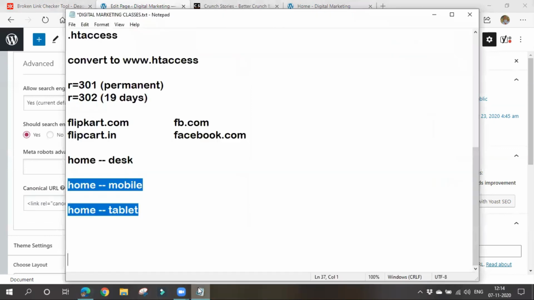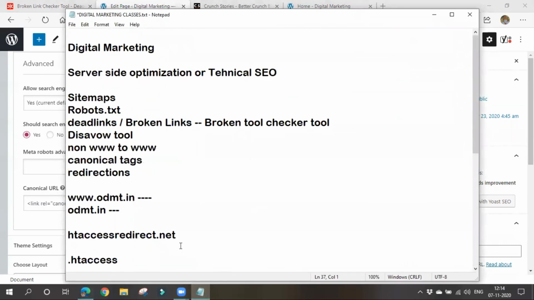Yes, ma'am. That's about server side optimization. As we are doing some kind of bit technical things, it is known as technical SEO. So in brief, in sitemaps we'll be giving an XML sitemap for Google in order to find a specific page easily. In robots.txt we'll be saying to Google which things to be crawled and which things not to be crawled.